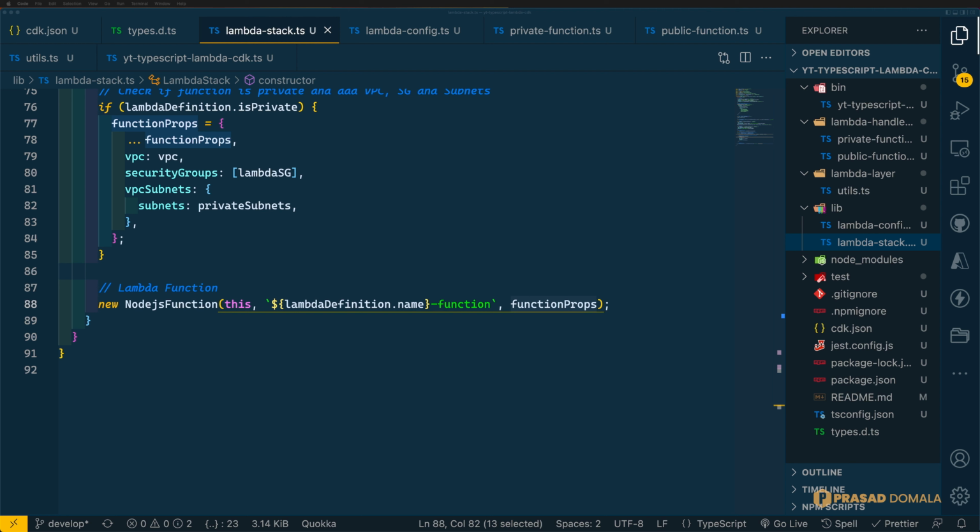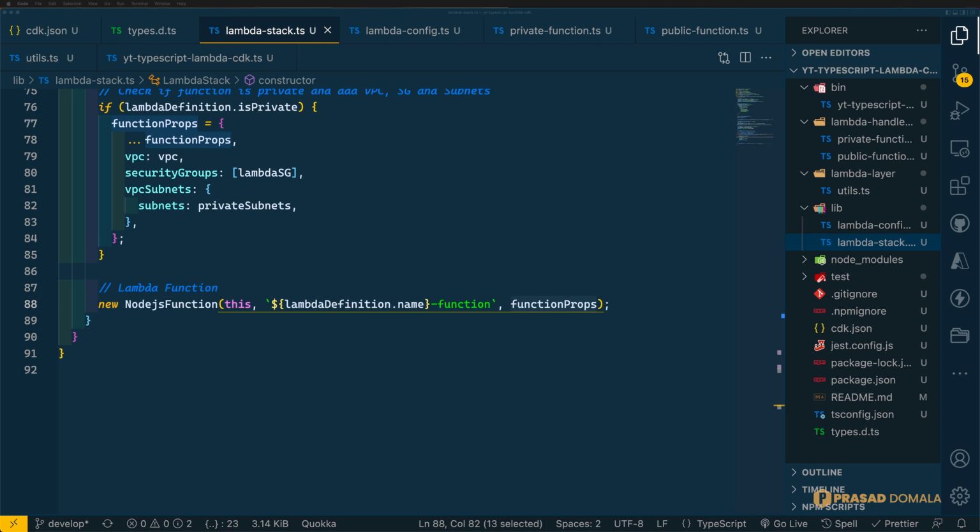And one last thing you can do is to add a log group for your Lambda functions. By default, the log groups created by Lambda functions won't have any retention period set, and your logs will be there forever, which can bump up your cost quickly if you have hundreds or even thousands of Lambda functions. So I would always prefer to add a retention to my Lambda log groups or any other log groups